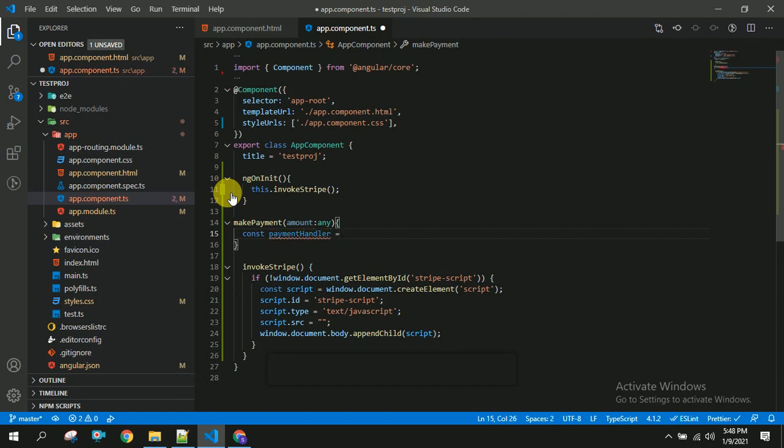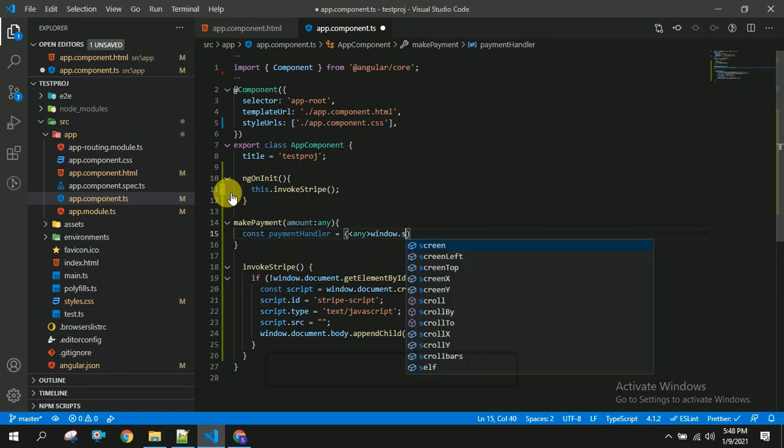It can be anything. Any and window dot stripe checkout dot configure. So we are configuring this.